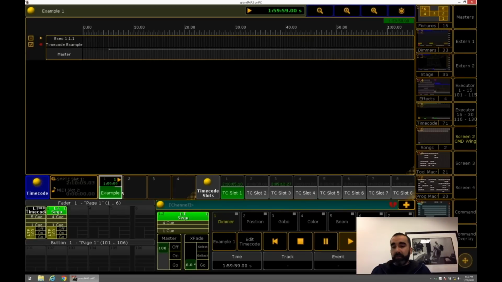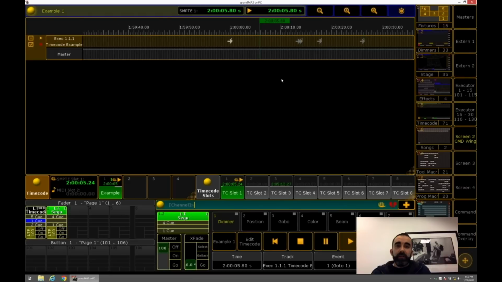As soon as the audio guy hits go, you can see the little ticker starts and the timecode show is listening. I'm going to hit this clock signal to follow along, and you can see my little ticker is going along on my timecode viewer. As soon as I hit an event, it's going to trigger the cue.